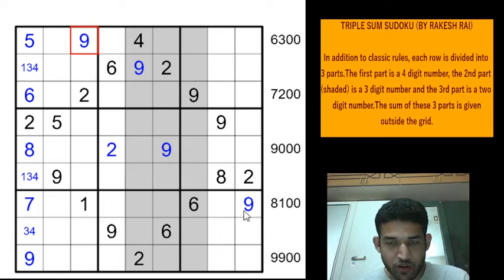Okay, now let's focus on the units digit of this clue. If you see, all the clues have a units digit and tens digit of 0. So the digits in the units position will add up to either 10 or 20. In both cases you have the units digit as 0. So let us see if the digits in the units position here add up to 10 or 20. We have a 9 here, we have a 6 here. Now we have a total which is already more than 10. So obviously these 3 digits should add up to 20, because 30 is too far away and 3 digits can never add up to 30. So 9 plus 6, and this would have to be 5 for the units digit to be 0.